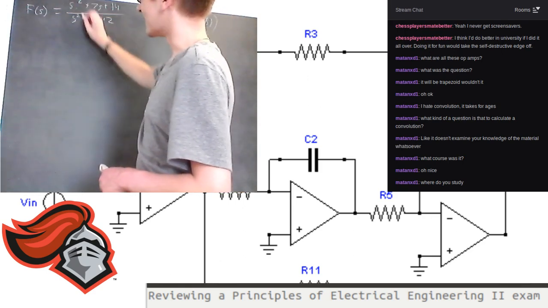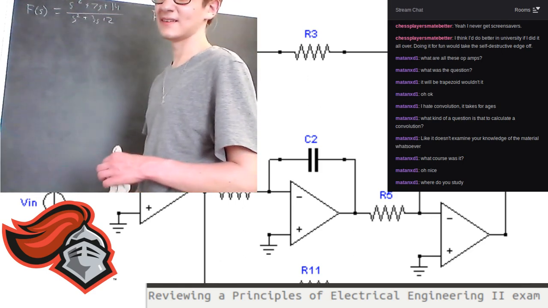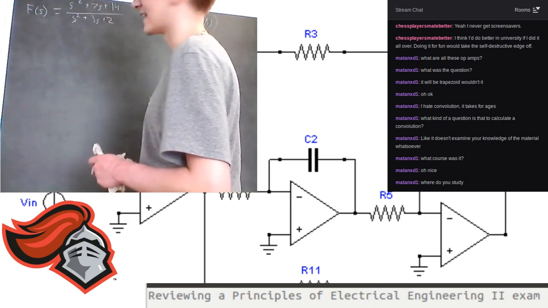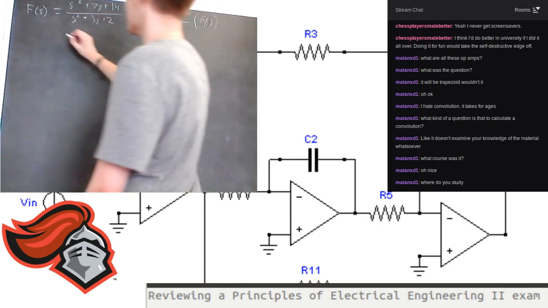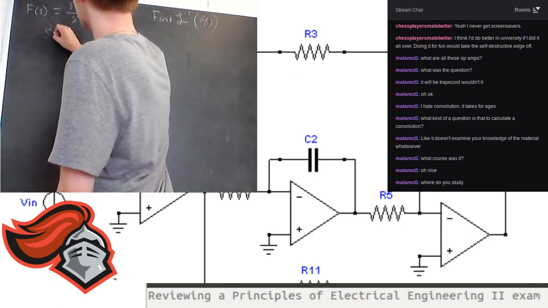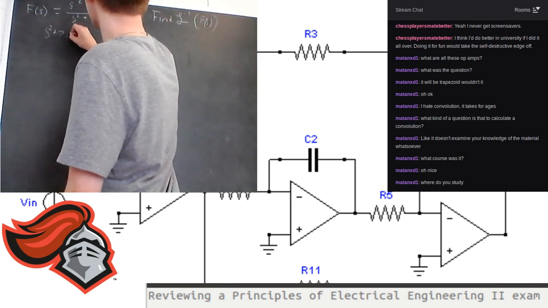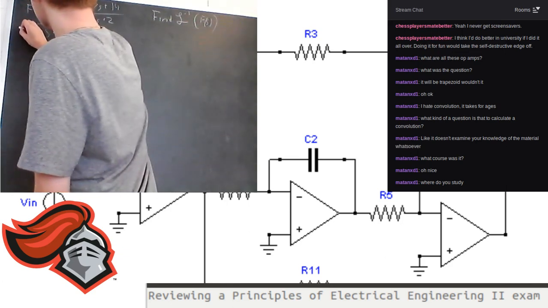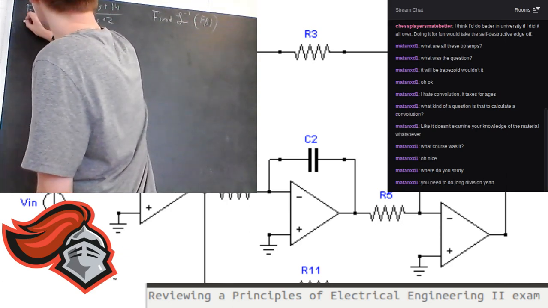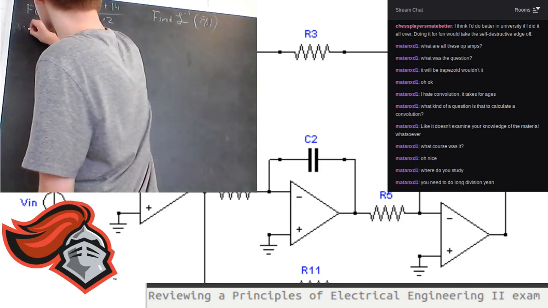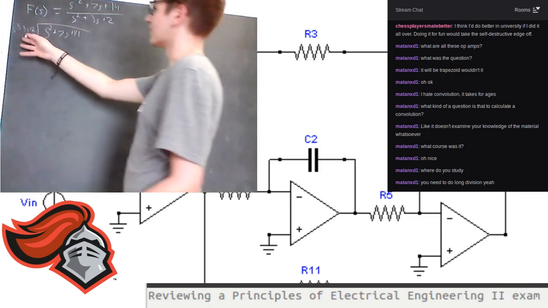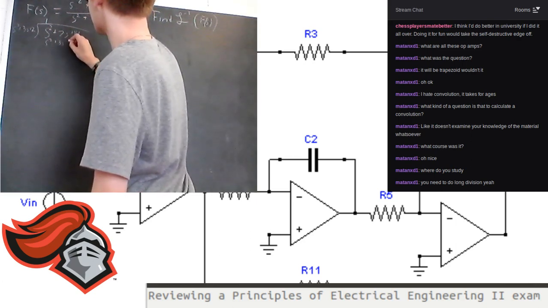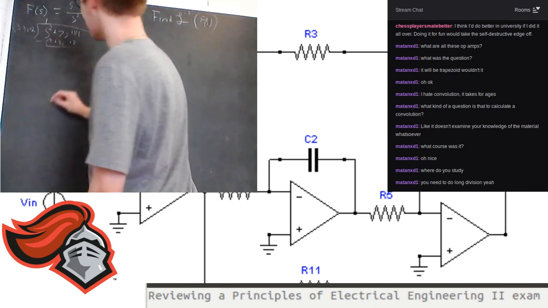The degree here is the same as the degree here, and the partial fraction expansion doesn't really work if that's the case. So what we actually need to do is divide this polynomial by this polynomial, s squared plus 3s plus 2, and see what we get. This goes in once, and then we get s squared plus 3s plus 2. We subtract here, and we end up with